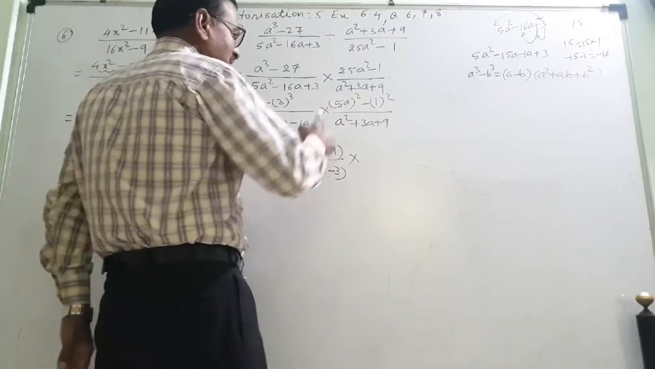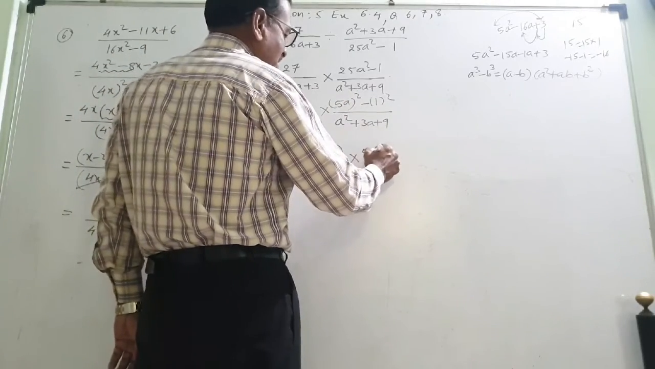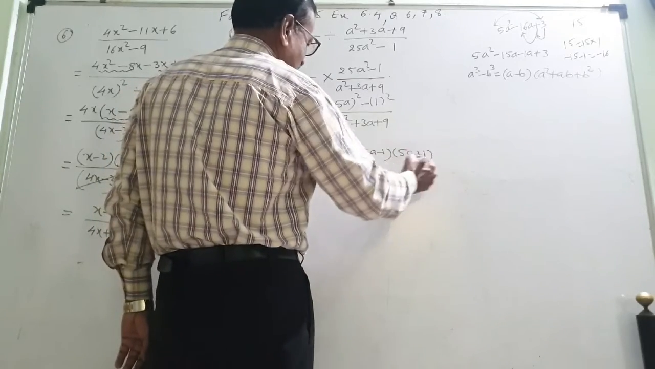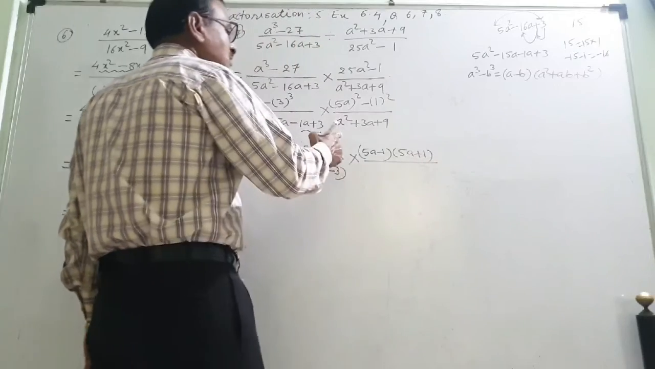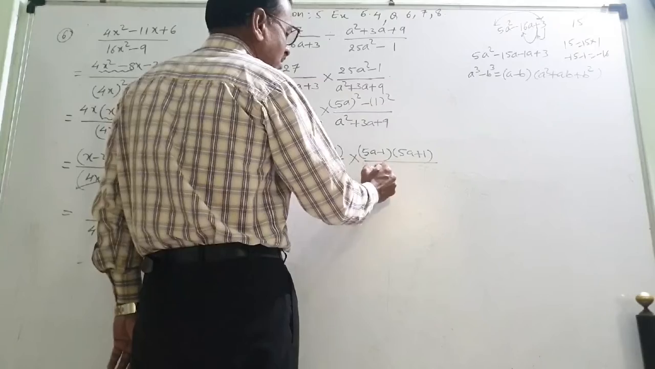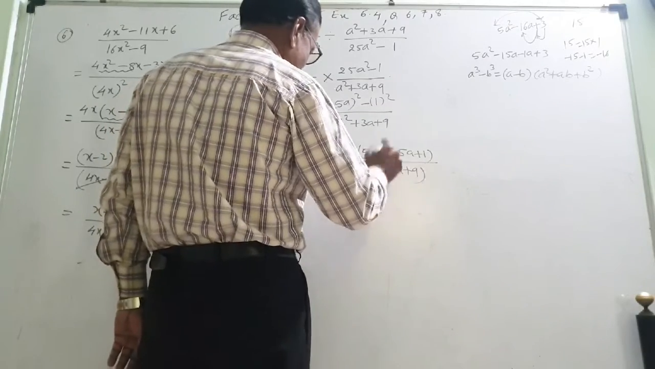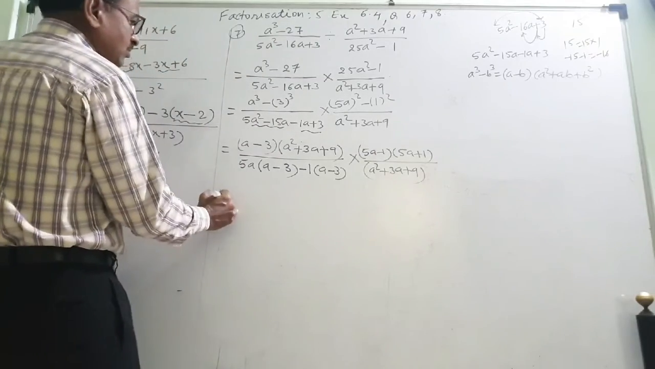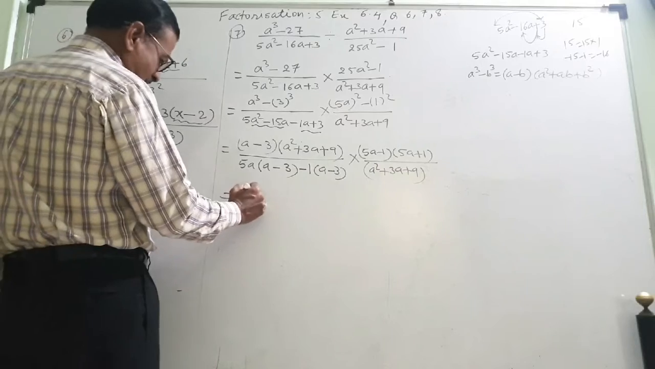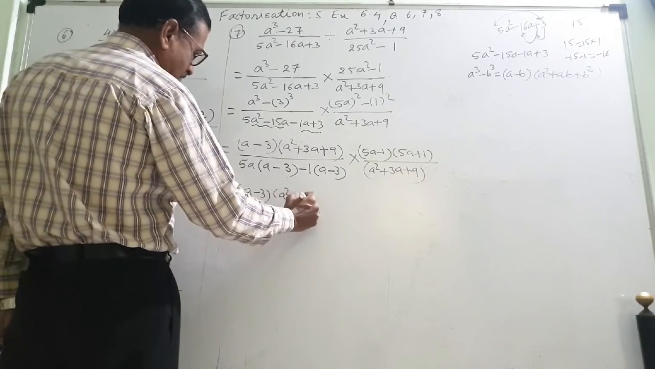Now this a square minus b square, a minus b, a plus b, means 5a minus 1 into another bracket 5a plus 1 upon. Just now we have seen that this is not factorizable. Factors are not possible. So 3a plus 9 as it is. Put the bracket to it. So that is equal to a minus 3, this is a square plus 3a plus 9